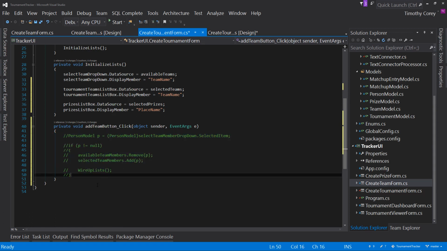That way I can kind of follow the same pattern for 2 reasons. One, it keeps my code consistent. That way you don't see things done 2 or 3 different ways depending on which form you're in. And 2, it helps